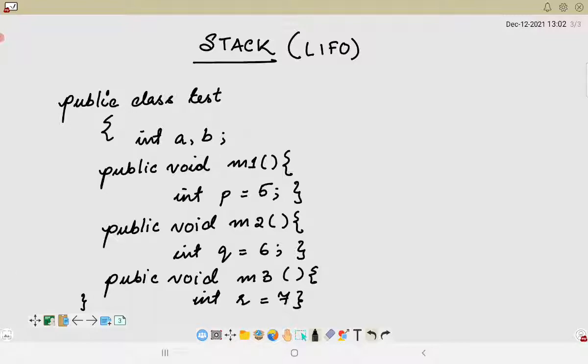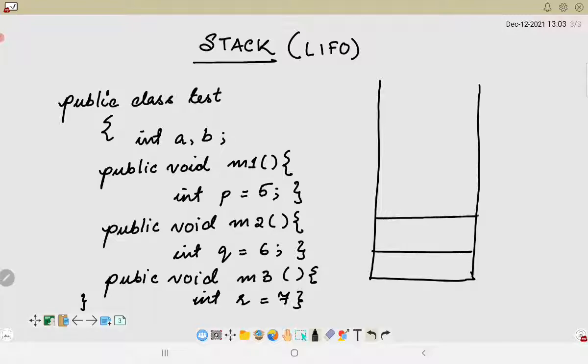Whenever we are considering this particular program inside a stack, let us draw the stack here first of all. All of these are basically local variables, and these local variables would be stored inside this stack.